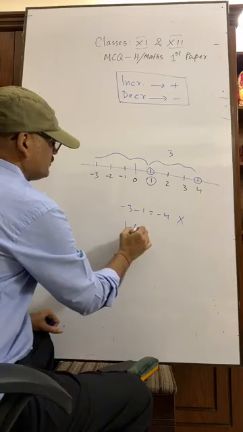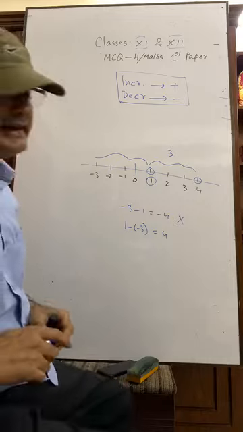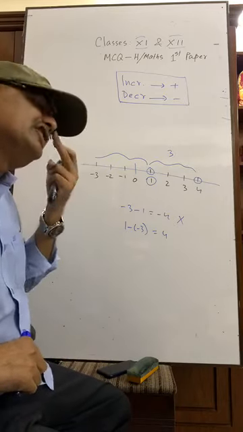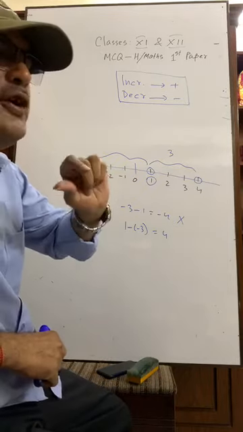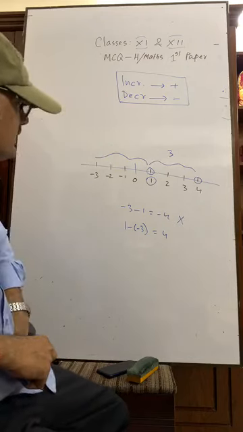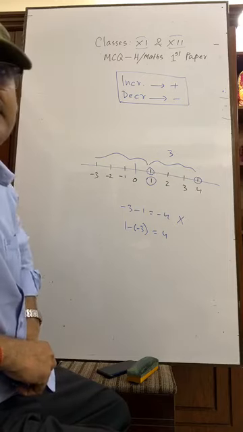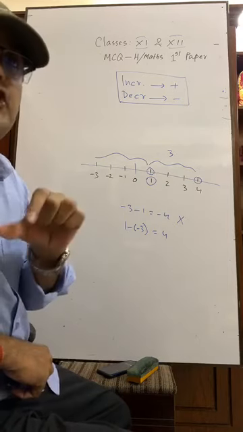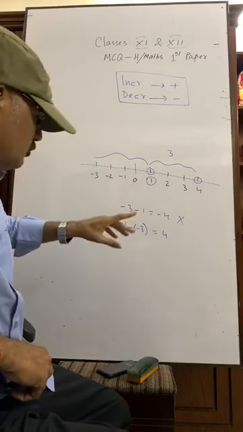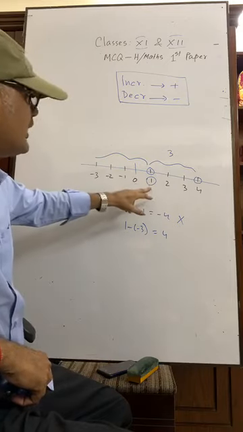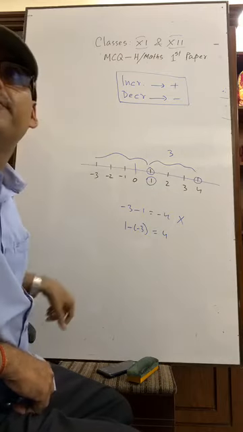So 1 minus minus 3, that is equal to 4. So what comes to the conclusion? That is, distance cannot be negative. And distance between 2 points means, can you tell me what is the meaning of distance between 2 points? Distance between 2 points means difference of the position of 2 points. Suppose one was here at the point 1, now it is at the point 4. So you understand the difference, okay?